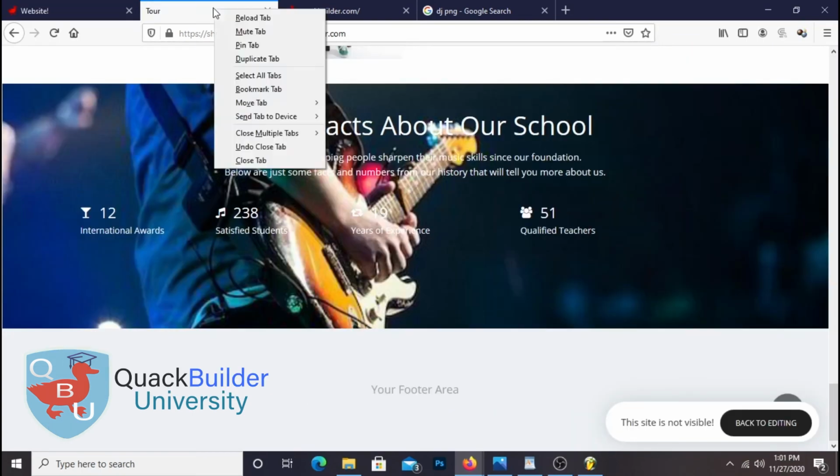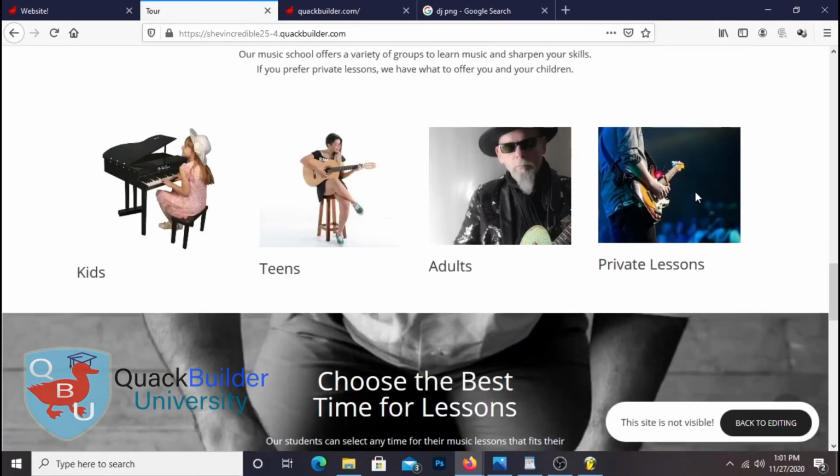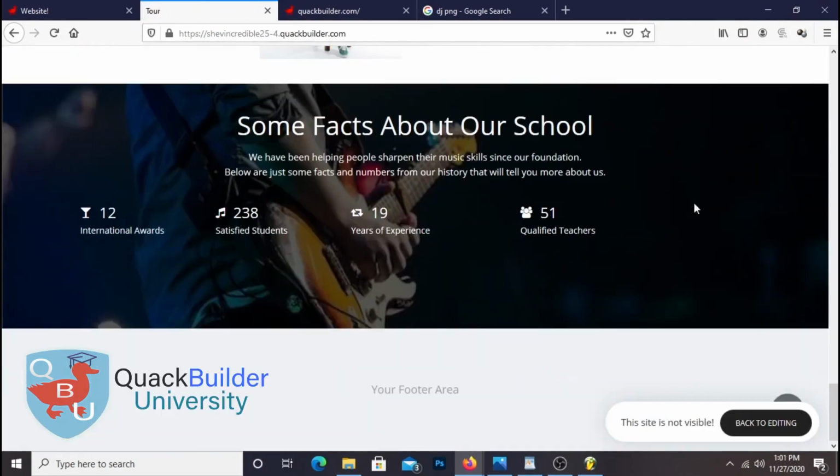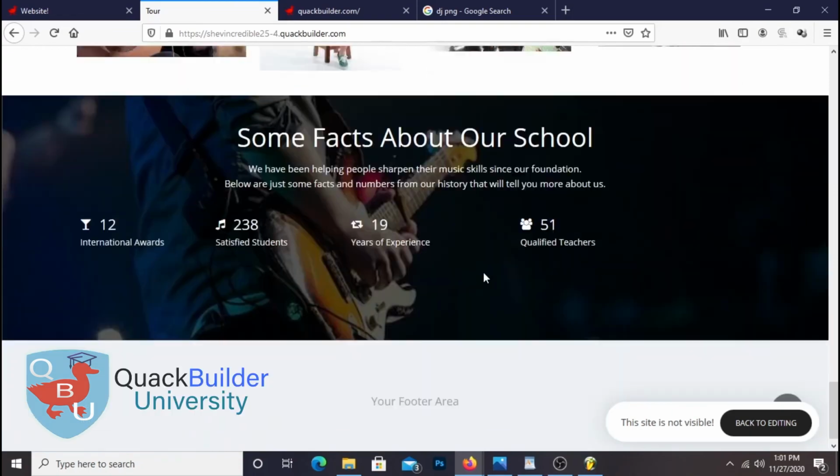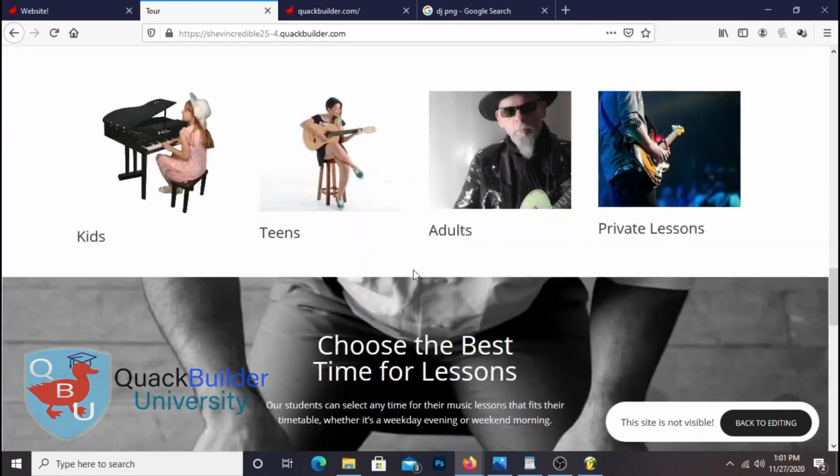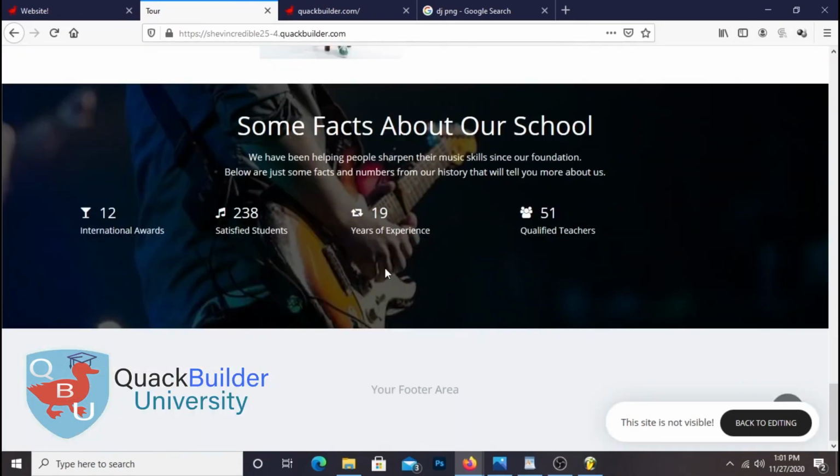And I'm gonna save it, come back here, refresh it, and that's now the way it looks. So as you can see, guys, it's really, really awesome, really stunning. I really like this website. I really love the way the design looks, okay? And what we need to do next, guys, after we finish that, we're gonna say, all right, we need